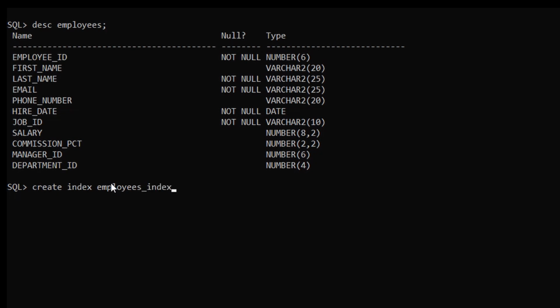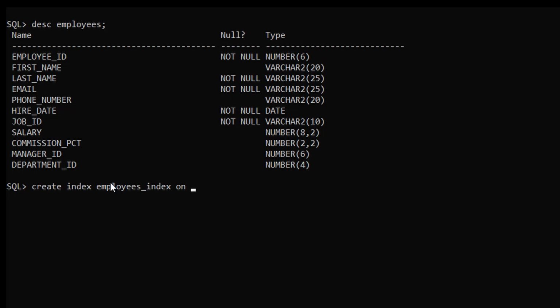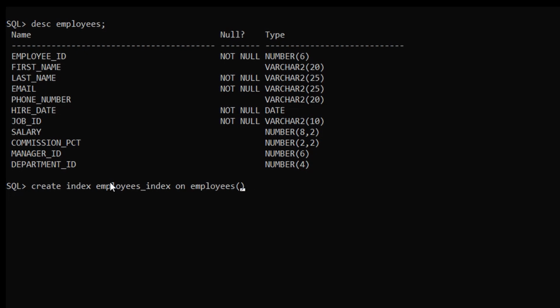You can give any name here. After that, we have to use on and the table name on which we have to create this index. So in this case, we put employees here, and in brackets we give the column names on which the index has to be done.